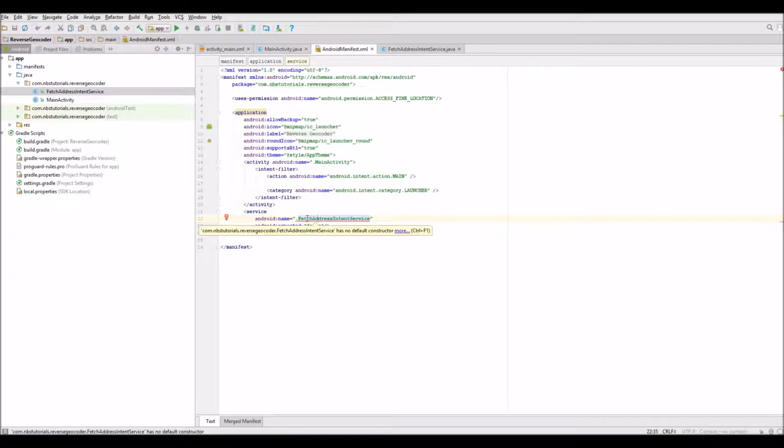Yeah, I'm just hovering over the error here, and it says effectively that there's no default constructor. So this is a good tip. You'll see this often when you do the default code generation within the intent service. So we just do need to make a change,